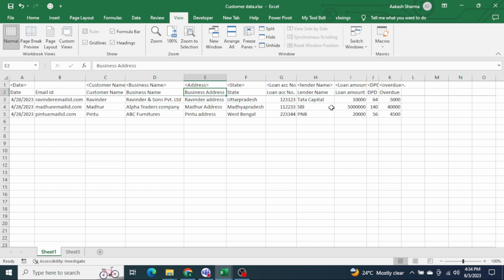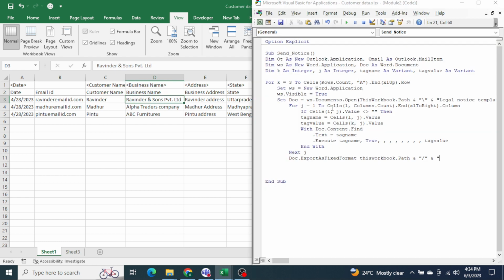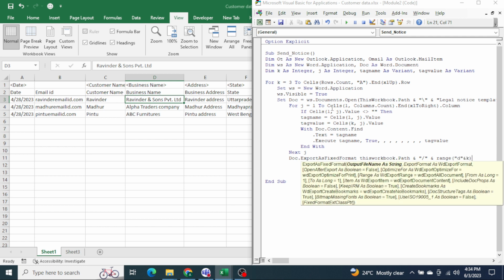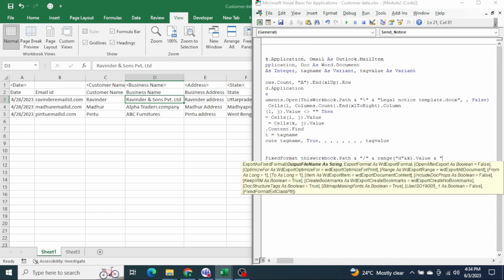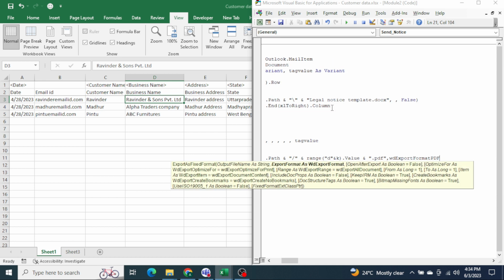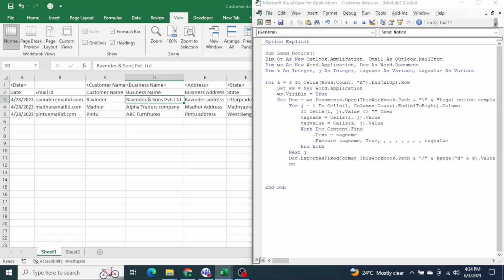The business name is here in column D. So I would be writing my code like this: Range D and K dot Value. All right, and in which format I want to save, in PDF, .pdf. All right, in export. Great, this is it. And after that I want to close my file. Okay, and I want to make it invisible. All right, after doing this,